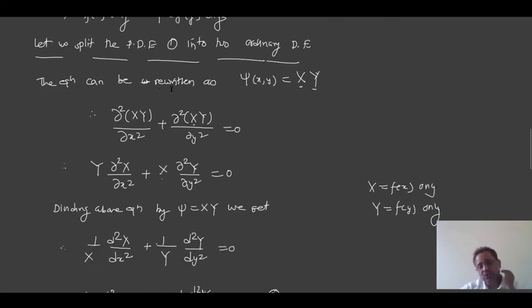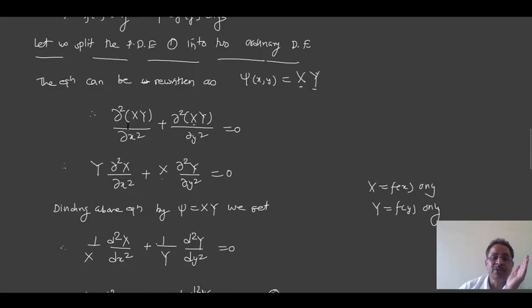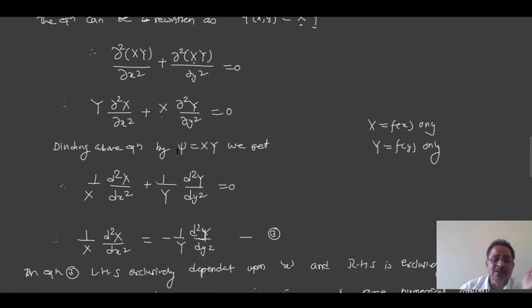Further, we go on to split this differential equation into ordinary differential equations. What we do is place psi of xy equal to capital X, capital Y in our first Laplace differential equation. That gives this differential equation: del square psi of xy upon del x square plus del square psi of xy upon del y square. Here Y is not a function of x, so it can be written outside. Secondly, here X is independent of Y, so it is taken out here. Then divide this equation by psi, that is psi is equal to X multiplied by Y, capital X multiplied by capital Y.